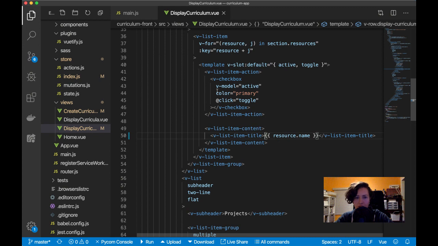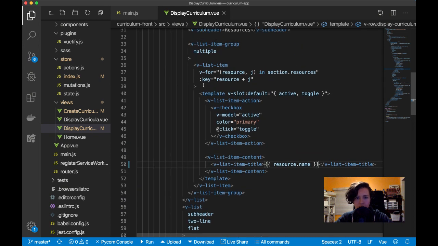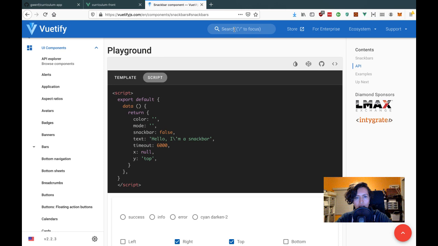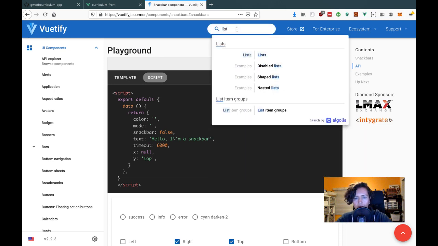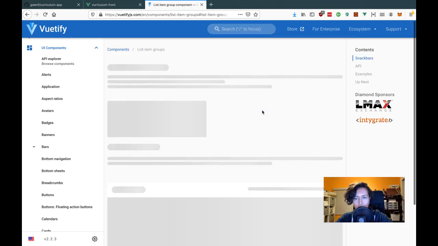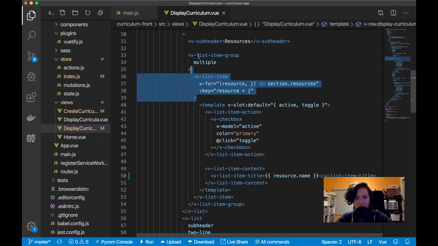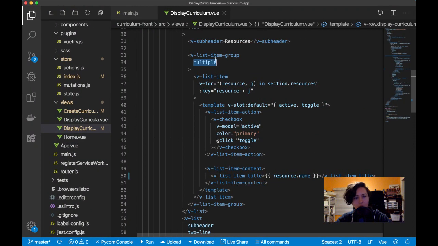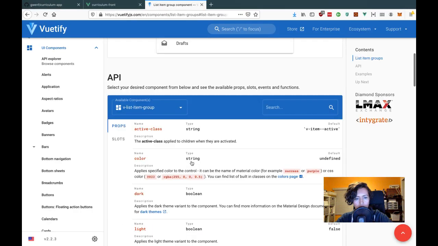So here, so let me, actually with this view list, I need to make it so this list group, so the entire item isn't clickable. So let me look at that list. Let me try in groups. I think it's groups because here under list group I have multiple, which is the setting that's allowing me to check off. Well, okay. So I don't, but if I had like multiple resources in this list right here, I would be able to check them all off because I'm using the multiple option here. Which I want to do, but